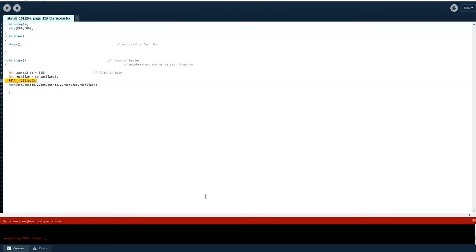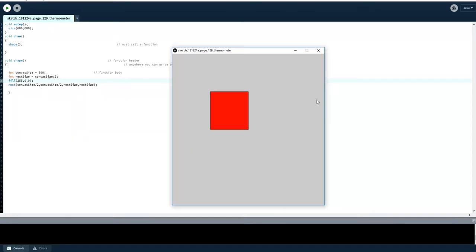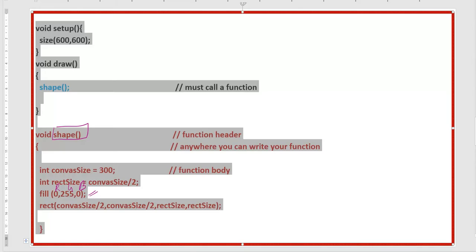Okay, when we run it, what does it say: syntax error, maybe missing semicolon. Our semicolon is there, so come here and we will delete this. Okay, so fill, see, if there is a minor mistake it will not run. Now it is good. So it is red now. Right? Okay. Move on to the next.